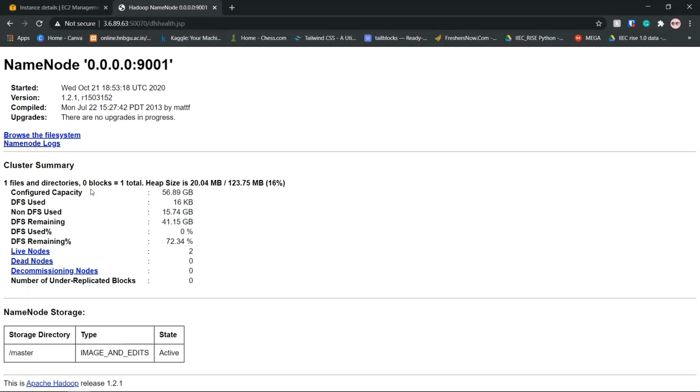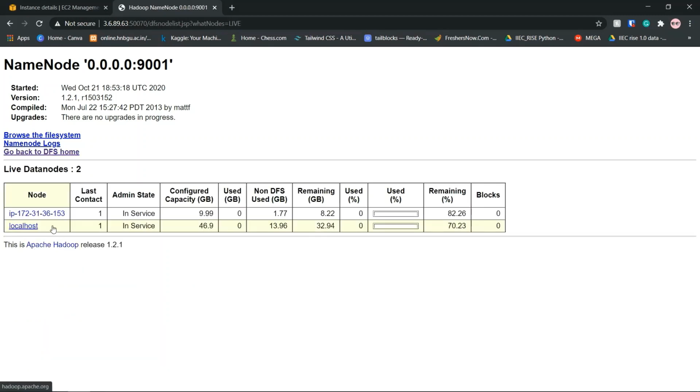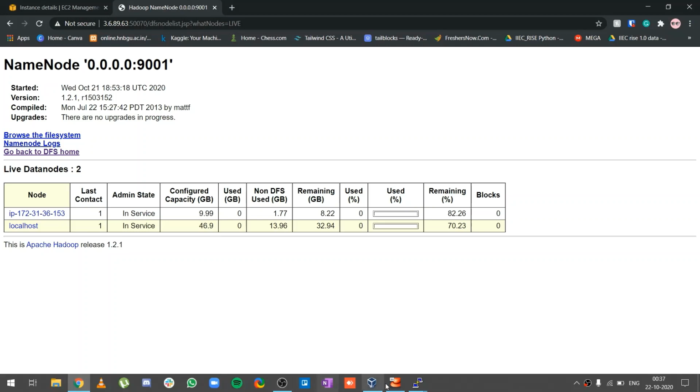Here you can see the total capacity, that is the size of the master node, is now 56.89 GB. We have seen it in the terminal also, and it can also show me how many live nodes there are. Here you can see that there are two. One is localhost, that is my Linux OS, and one is the IP which I launched in AWS. One has provided me 9.99 GB and one has provided me 46.9 GB. So that's how you can form a cluster in Hadoop.